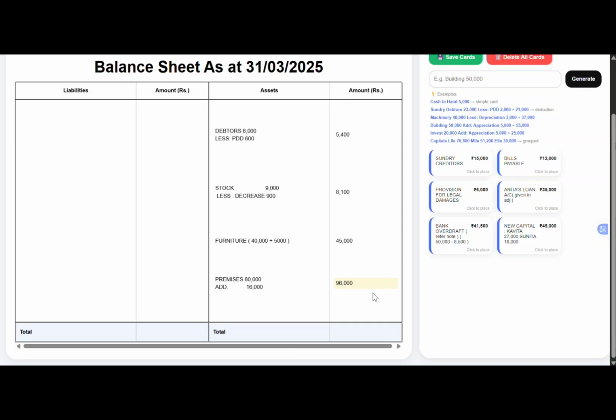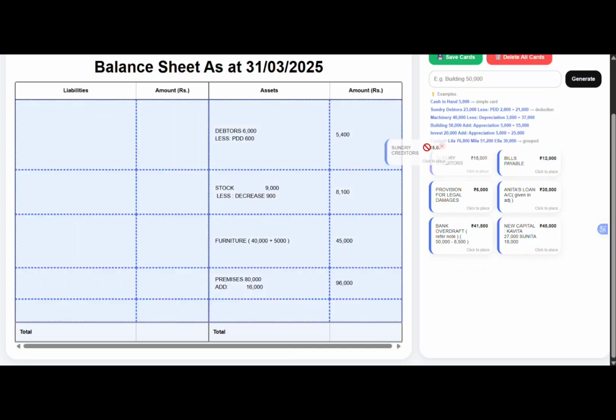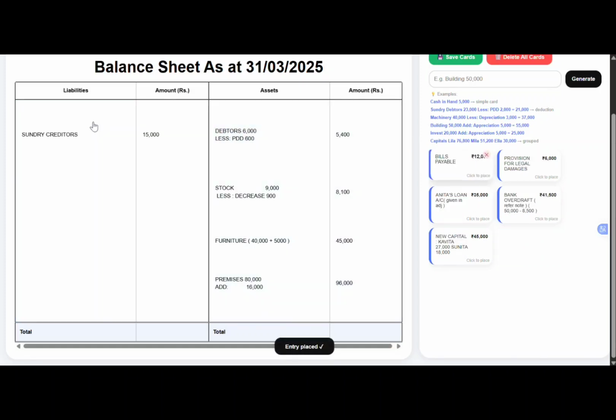So these are the assets given as per the old balance sheet, which we have recorded along with the adjustments. Now, moving on to the liabilities. Again, we're going to bring them down as per the old balance sheet. First, we have the sundry creditors. There is no adjustment, so we are going to write it as it is, sundry creditors, rupees 15,000 on the